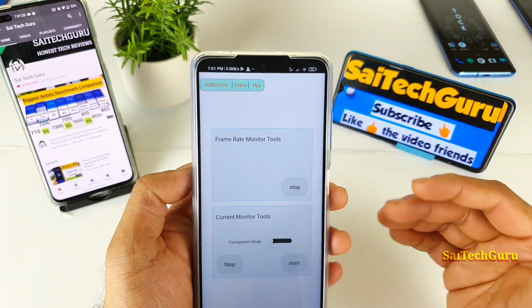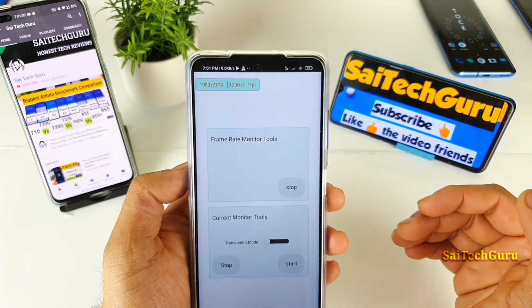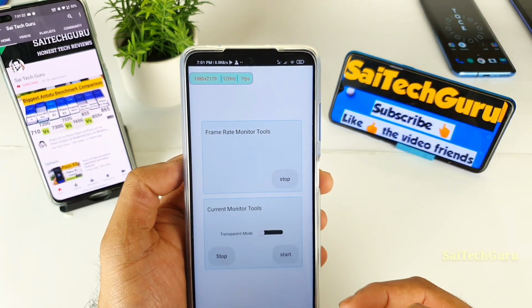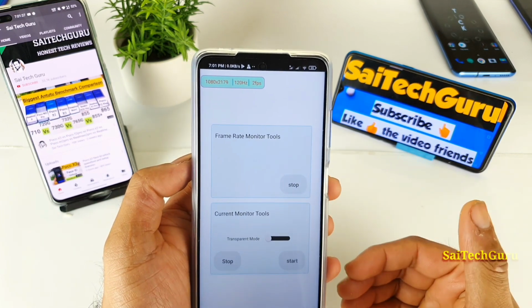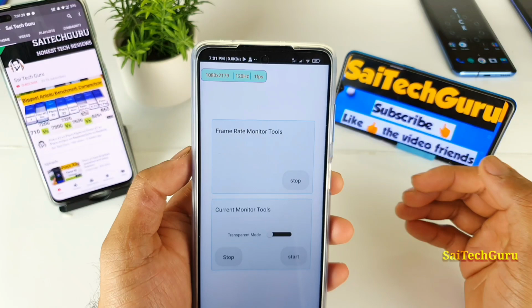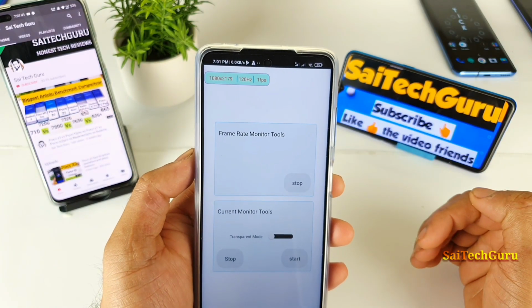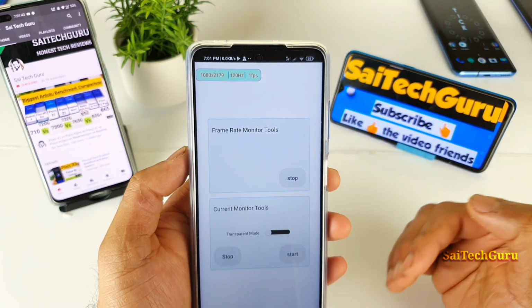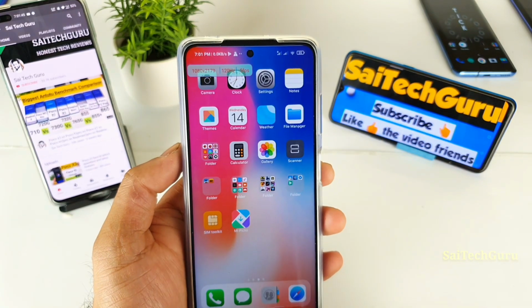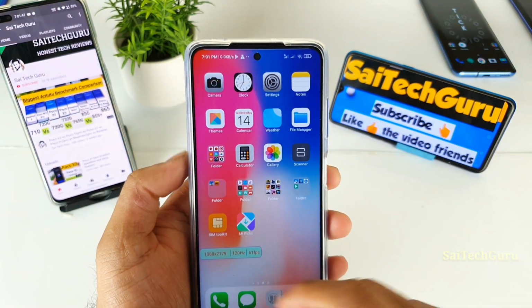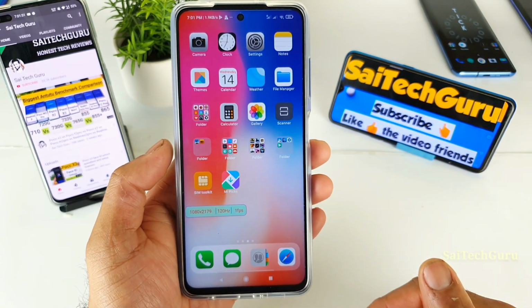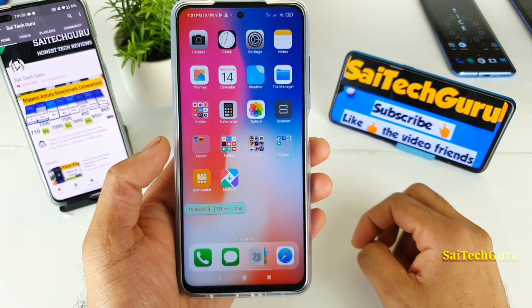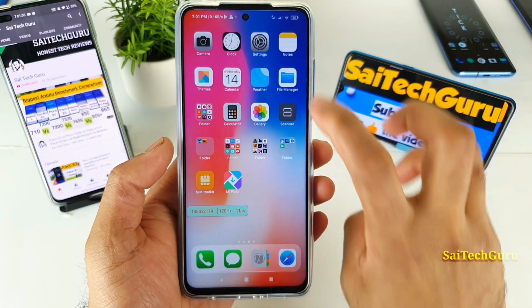So the meaning of adaptive refresh rate is that if the screen is not utilizing any kind of touch information or any other application demanding, you can see the FPS count will go to 1 FPS. This is the way it will manage the FPS count depending on the applications, as you can see. Right now the FPS went to 61 FPS and it decreased to 1 FPS. So if I touch again, the FPS count will increase gradually.